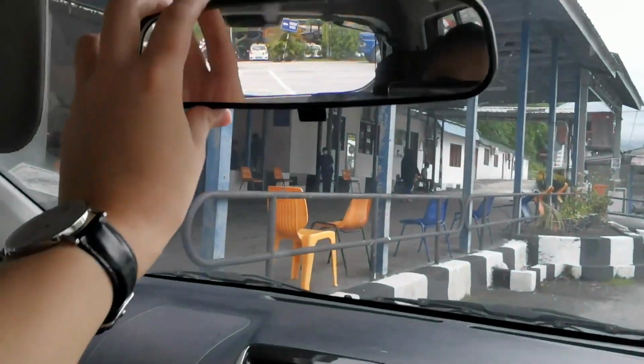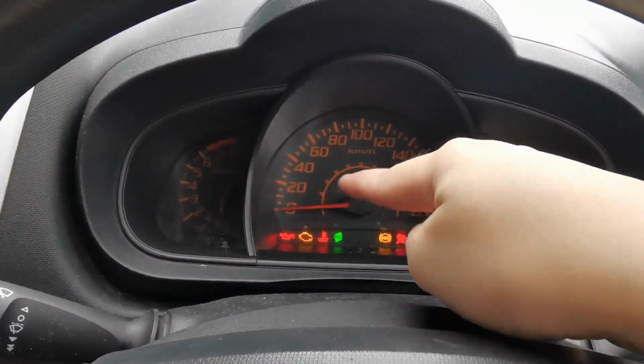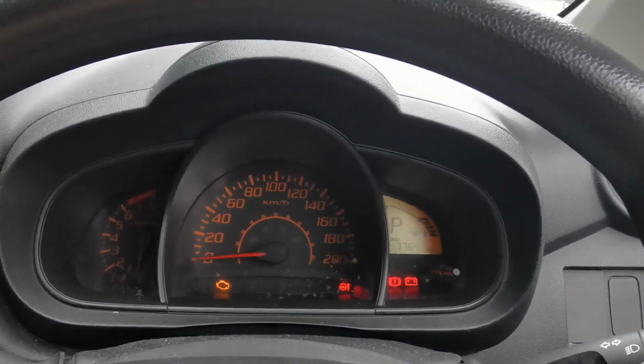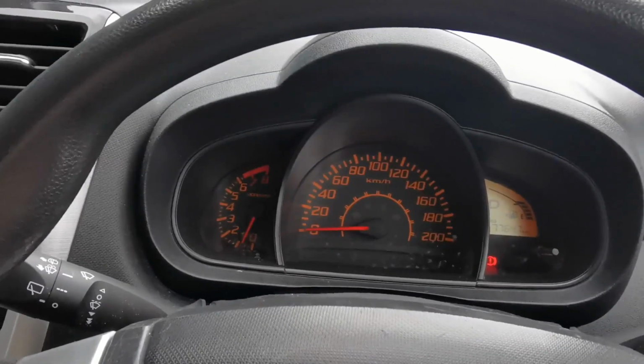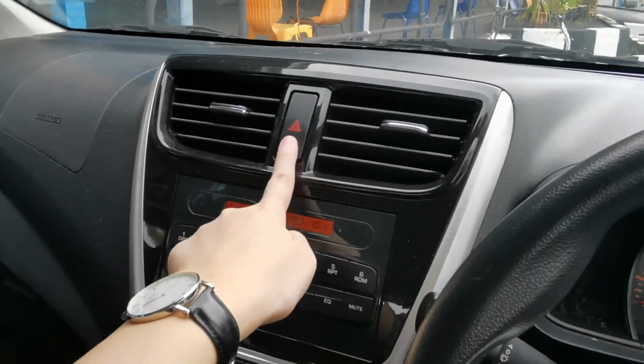You have to adjust it. You have to show them that you adjust the seat if it's not in accordance to your height, the length of your legs. So seatbelt is also very important before even starting the car. So those are the tips that he shared with me so far. So I hope that